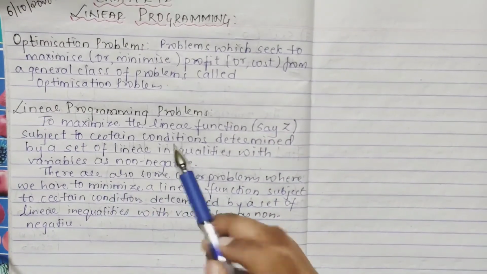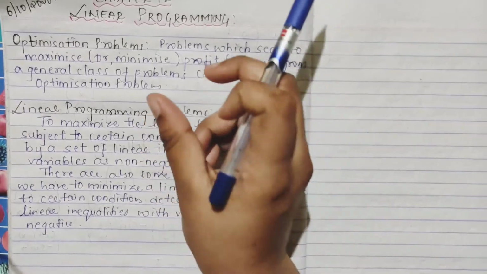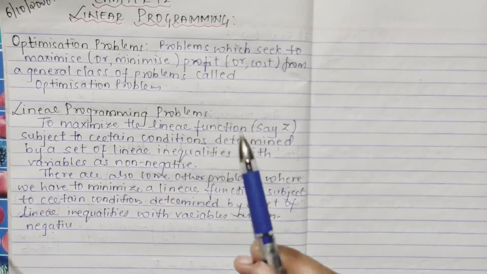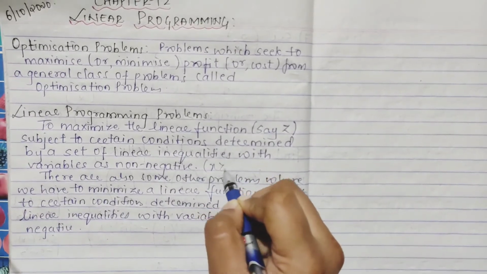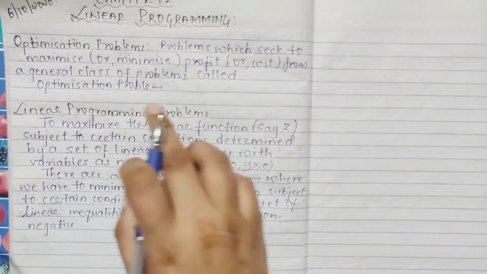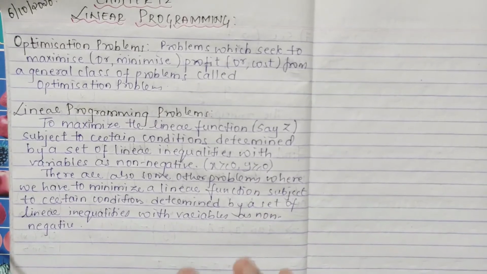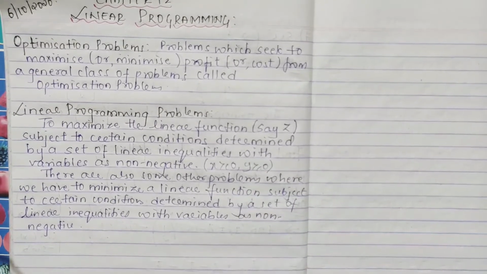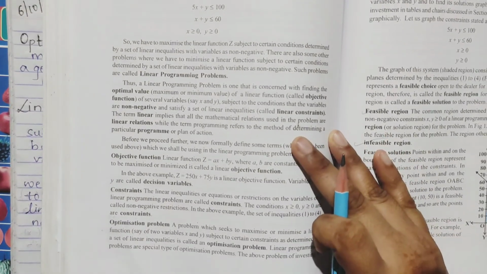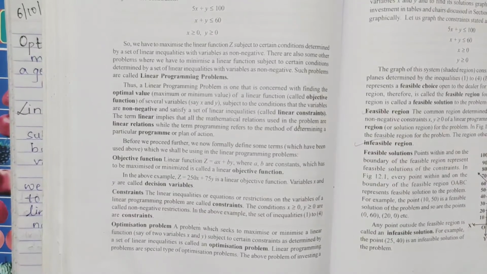Certain conditions which they have given are determined by a set of linear equalities, right? Those conditions we converted in terms of linear equalities with variables as non-negative. I have said, variables x and y should be non-negative. So such a problem is called a linear programming problem. There are even some more definitions. I'll not write them, I'll just mark them and show you, and you have to write everything. Most of you might not have the textbook, or might not have issued it from the library, so I'm just showing you.